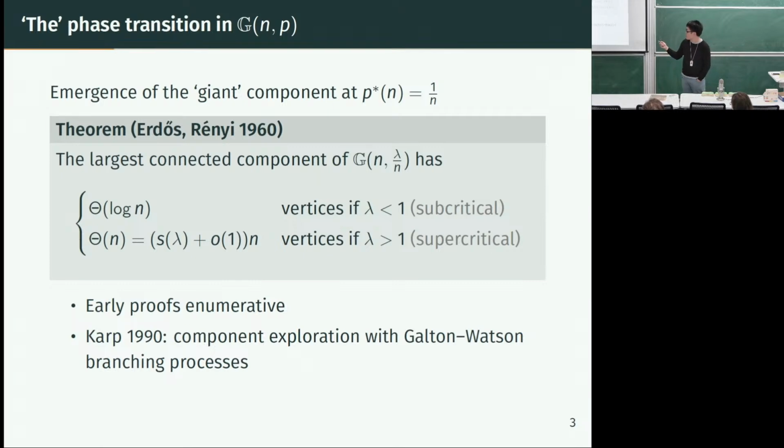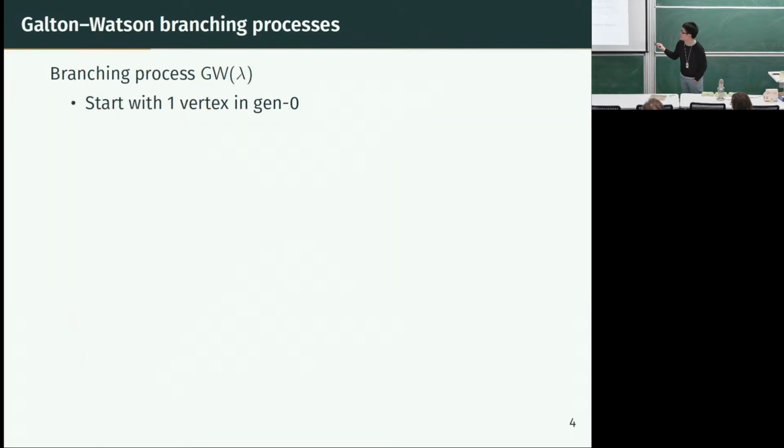Before I get to this algorithm, let me first say a bit about these Galton-Watson branching processes. Galton-Watson branching processes are a fairly broad and general family of random processes, the study of which was originally motivated